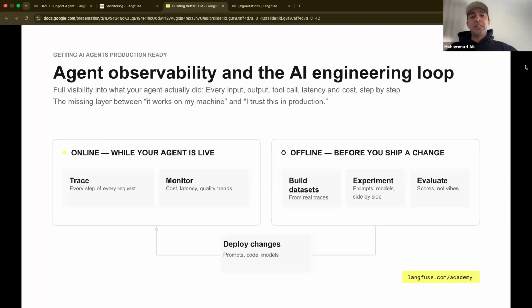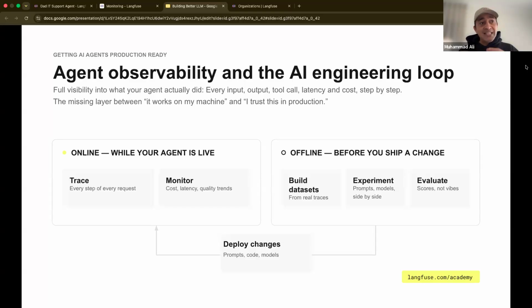Now, this is how we see it, like a full framework, this AI engineering loop that we call. Half of it is online, which is basically saying when your applications are running, we collect the traces. What do you mean by traces?